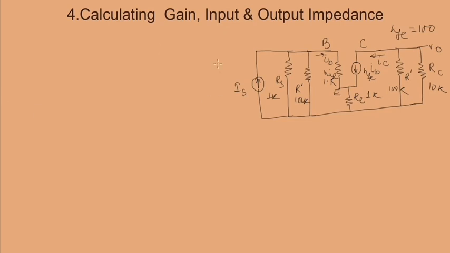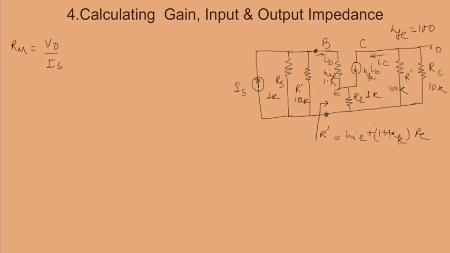Okay. Now we have to repeat all the calculations. So we'll do it a little faster because we know how the calculations are done. We have to start with Rm, which is Vout by Is. Now where will be the difference? When we connect RE here, the difference will be in the resistance at this point. If I mark this resistance as R dash, it will be hie plus (1 plus hfe) times RE.